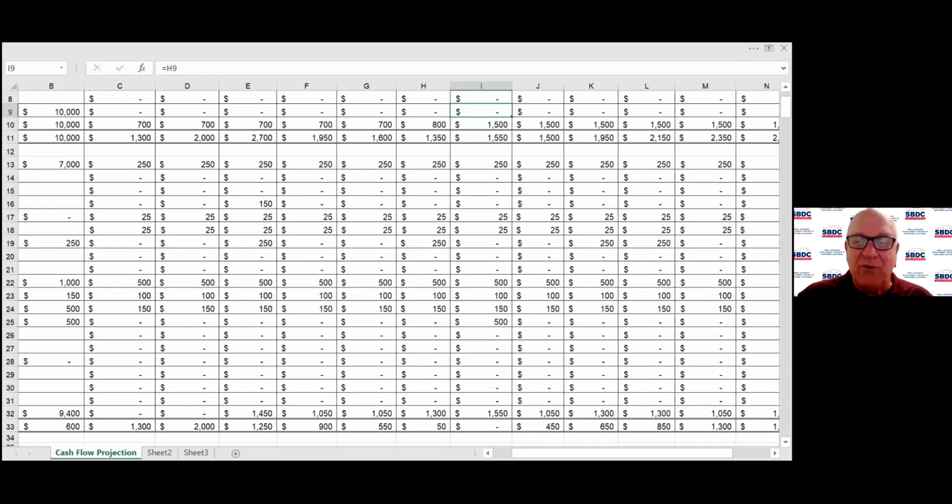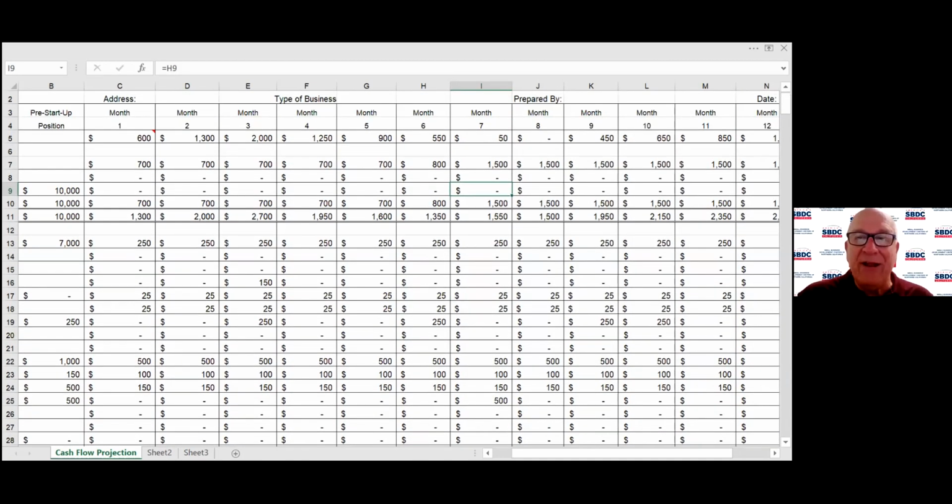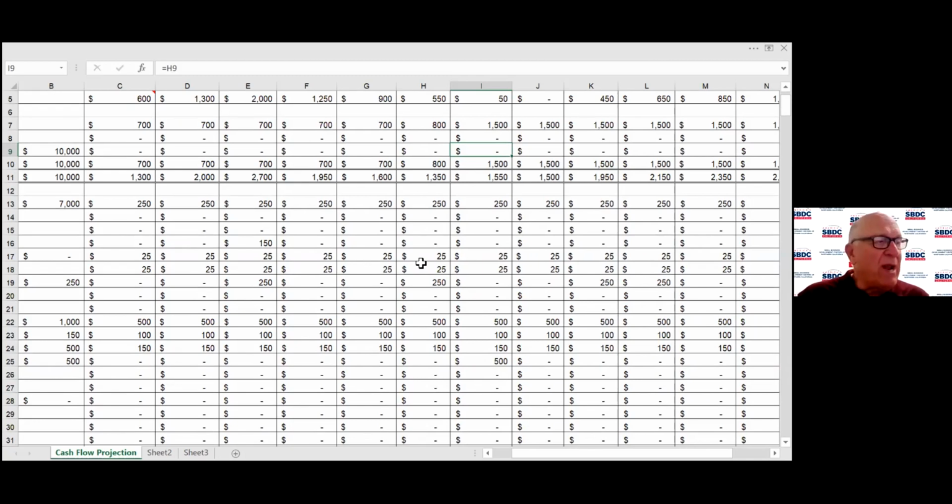We start turning the corner to a positive cash flow in August. So every time you change a number, it has an effect on your overall success or non-success. That's why when somebody comes in and talks to me about doing forecasts,